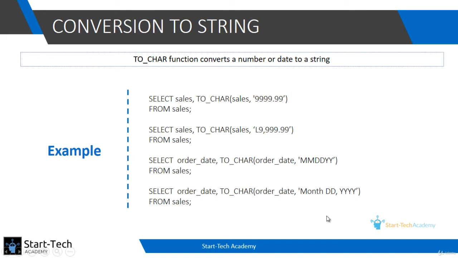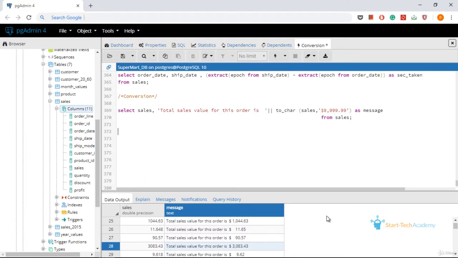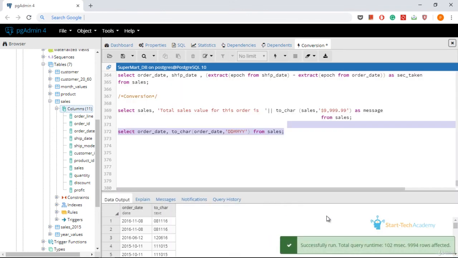Let us go and write this in the pgAdmin interface. We will select order date, and we will convert order date to the format of DDMMYY. Remember to put single quotation marks from the sales table. Let us run this. So you can see 8th November 2016 is